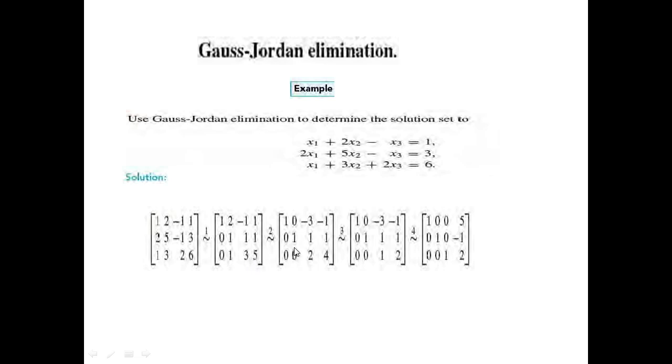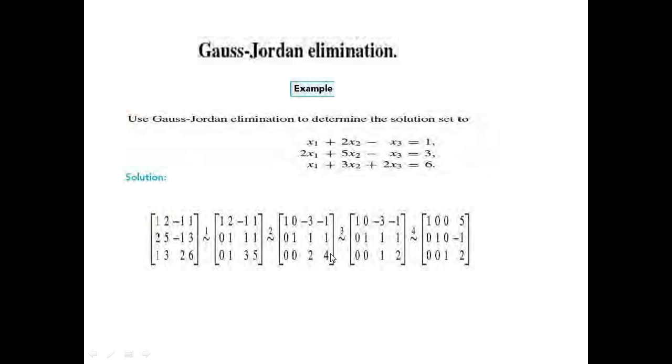So again, we multiply row number 2 by minus 1 and add it to row number 3, so we'll obtain 0, 0, 2, 4. And if you multiply row number 2 by minus 2 and add it to row number 1, we'll have 1, 0, minus 3, minus 1, right? So by using the third row,